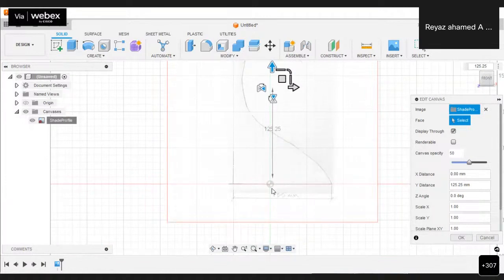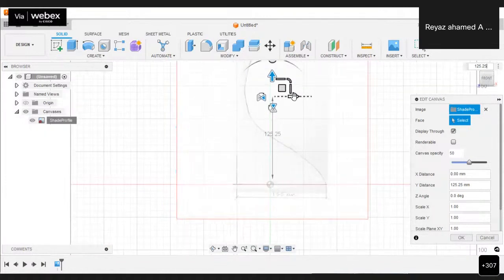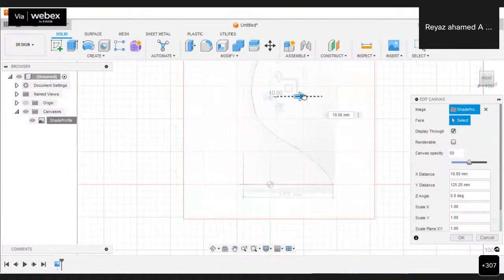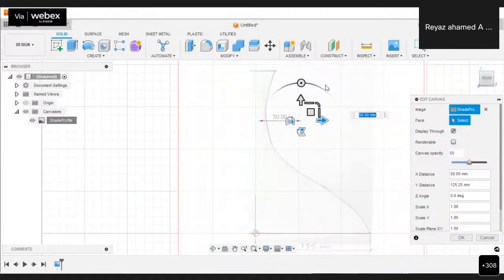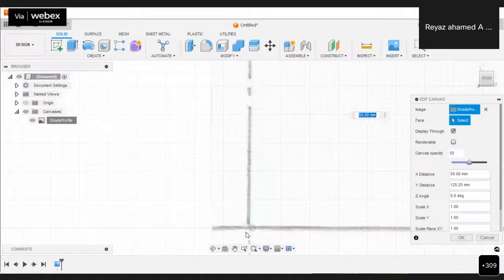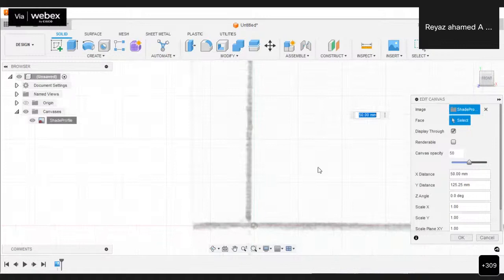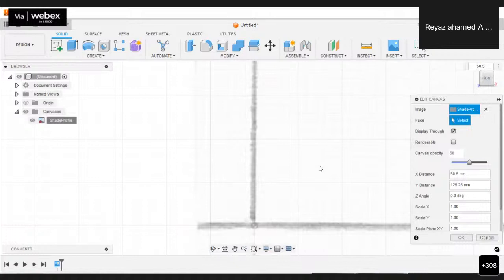Okay, what next we have to do? We have to move horizontally. Just move like this. By default 50 mm. 50 mm is not sufficient because still it is on the left hand side. It is not coincident with the origin. So let me give it as 50.5. Now somewhat okay. Let me give it as 50.75. Yeah, now it is somewhat okay.